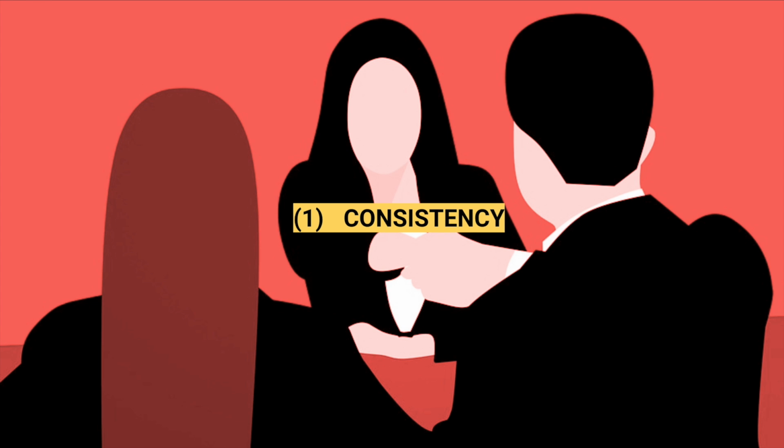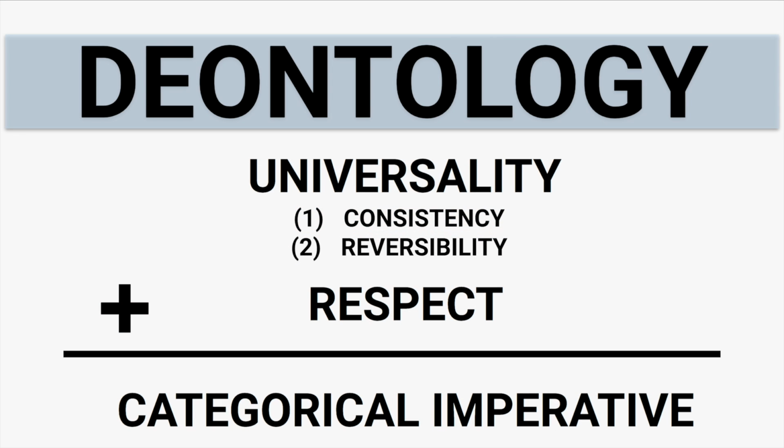So if you are willing to tell a lie, then you must also be willing to say that lying as a general universal phenomenon is acceptable. But what would happen if everybody consistently lied? If everyone consistently lied, then there would be no point to lying because no one would believe anyone else anyway. It is only because honesty works well for society as a whole and is generally practiced that lying ever becomes possible. So for these reasons, lying cannot be universalized because lying depends on the preexistence of honesty.